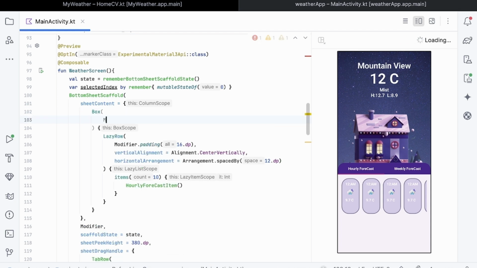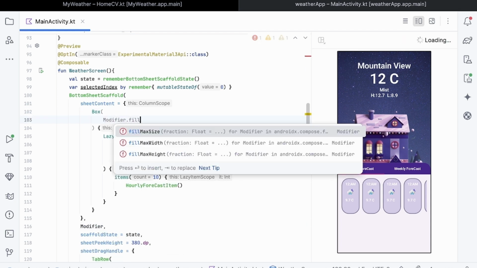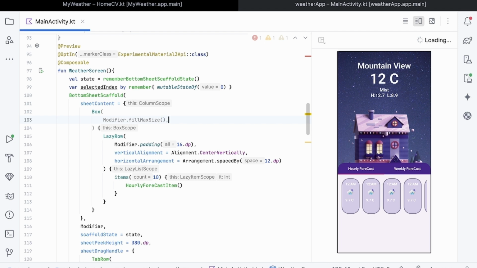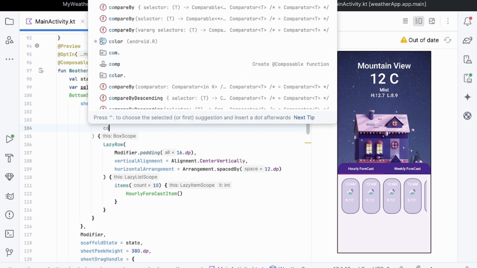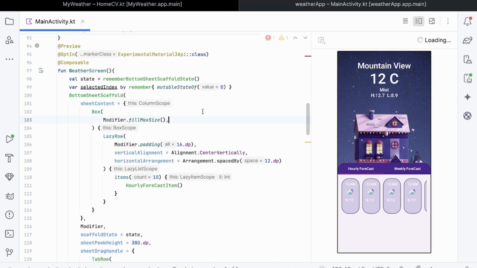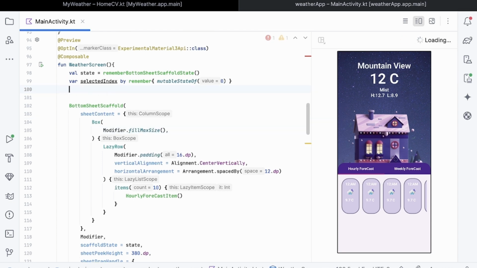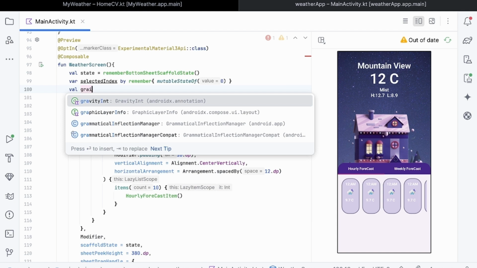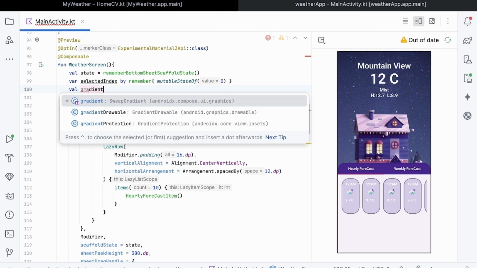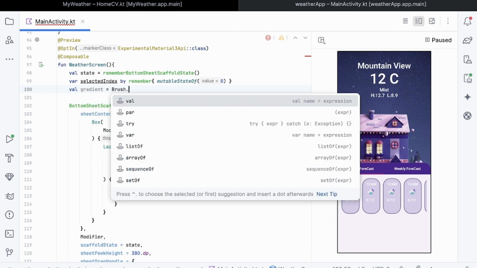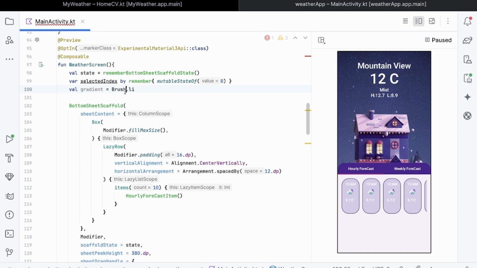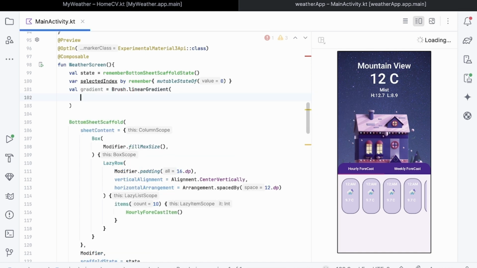So for this I'm going to use modifier dot fill max size to take the entire space of the box and give the color, that is gradient color. For this I'm going to use val gradient equal to brush dot linear gradient, and import the brush dot linear gradient